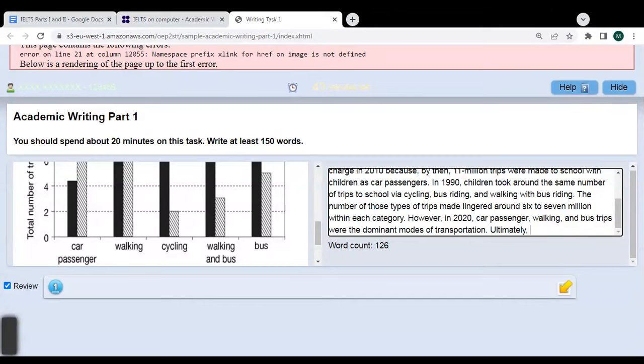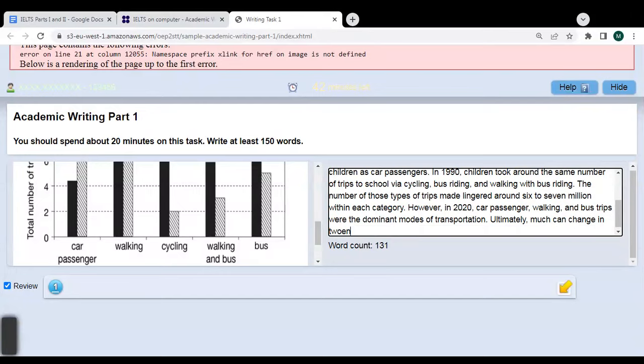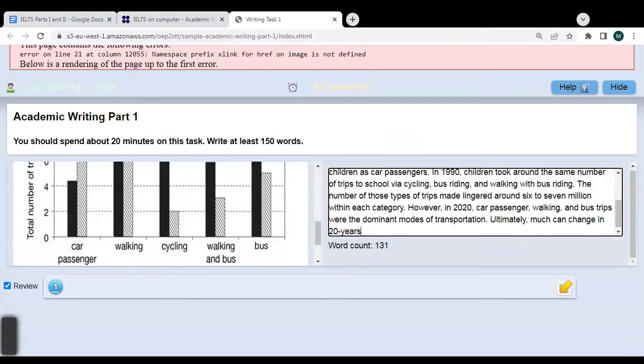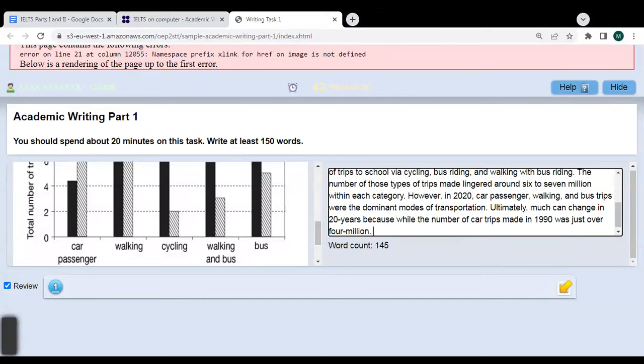Ultimately, much can change in 20 years because, well, the number of car trips in 1990 was just over 4 million. That number